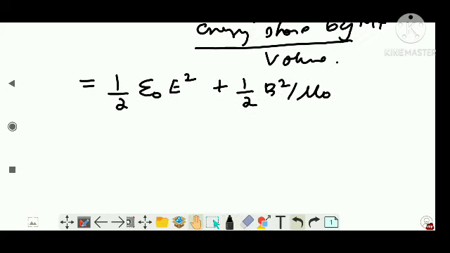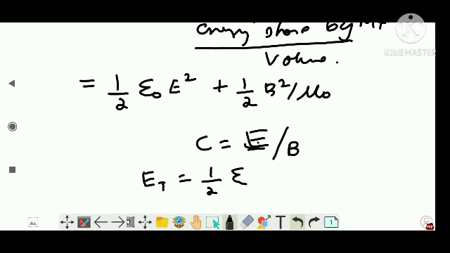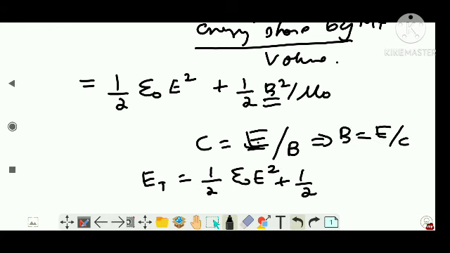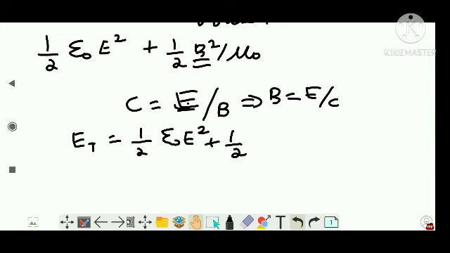Now you have learned in the velocity selector, this velocity is equal to the ratio of electric and magnetic field, right. So E by B. So I can write ET, that is energy per unit volume, half epsilon naught E squared, plus half, in place of B I'm going to write E by C, right. So what will this equation be,